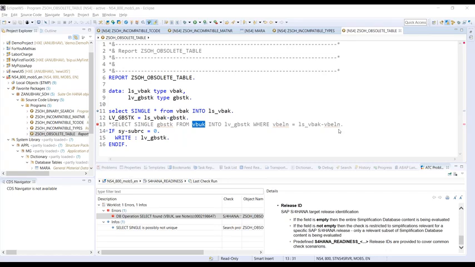Runtime error which says Suite on HANA, is it standard or Z? It is all Z, guys. Everything starting with Z is all my custom programs. These programs I have imported from my previous system. So previous to S4 HANA, I was having another system, guys, which I was using for my own practice for ABAP and OOPS ABAP. There I have these programs. I have copied those programs from that system to the S4 HANA system to demo you today's scenario. All these are Z implementations, my Z programs, and I should adapt them on S4. It is not SAP's duty, it's my duty because these are my Z programs. Okay, by looking at the instructions provided by notes.